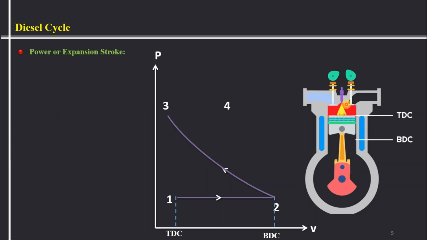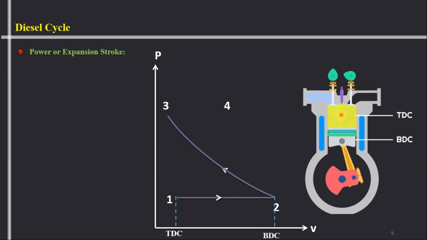Okay. And we are continuing the supply of fuel for some period of time, and the piston is near TDC. So the combustion of fuel will be done at constant pressure. In this stroke, again both the valves are closed. Now because of combustion of fuel in this stroke, high pressure and temperature burnt gases will be produced, and this high pressure gas will push the piston in the downward direction from top dead center to bottom dead center.